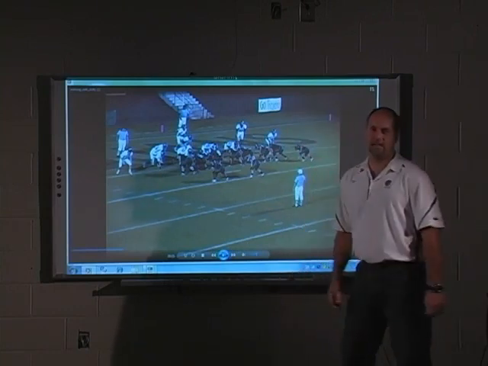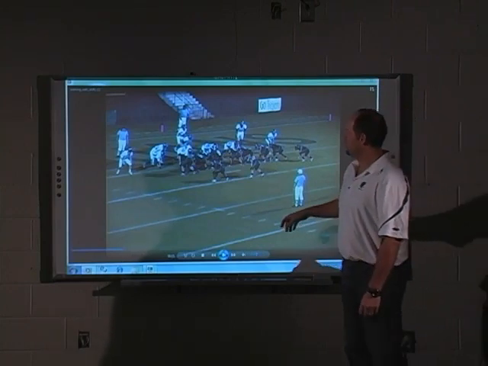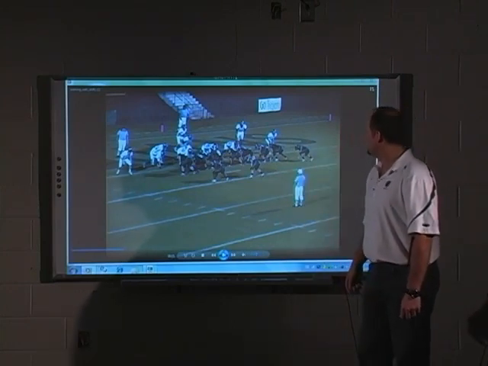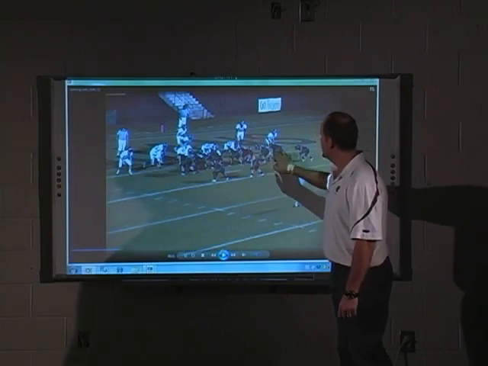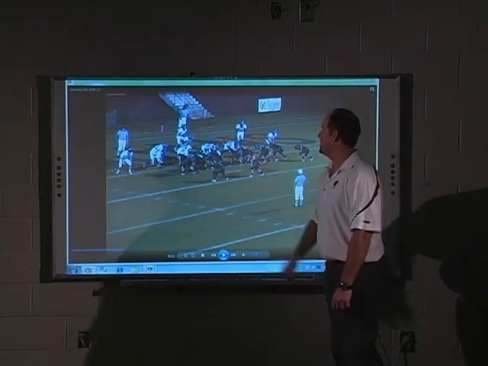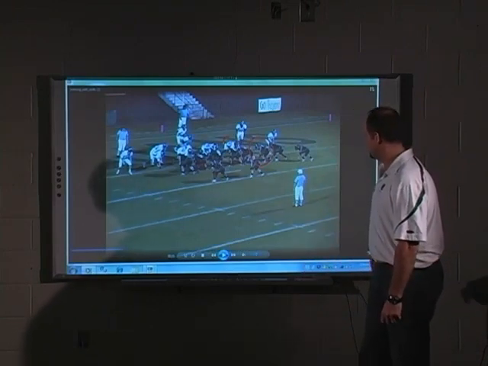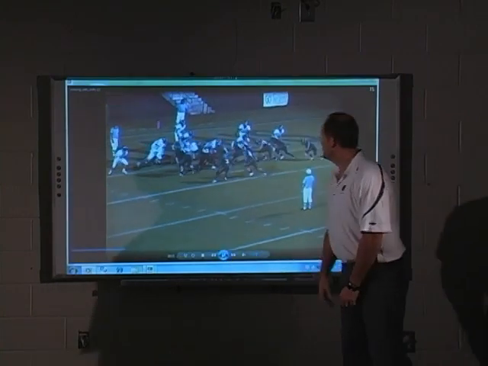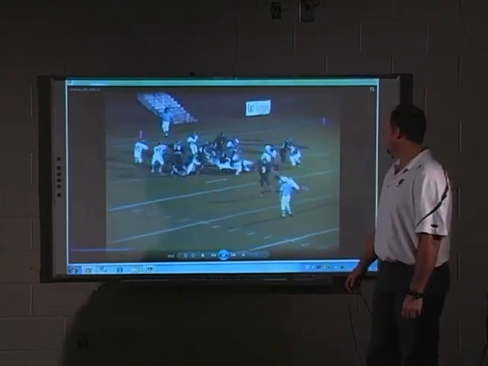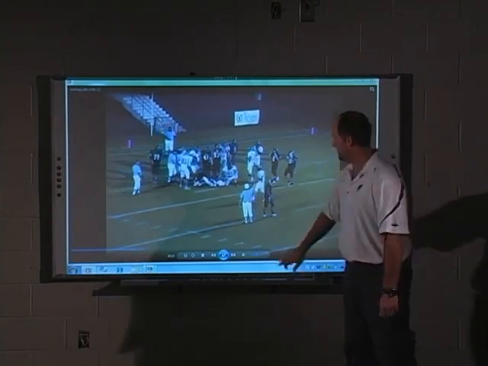Okay, you can just see that he created some havoc, destroyed the guy. So what we did is we got down on the goal line. We're over here, and you can see how close we are. We've got a two tight set right here, so now we've got another tight end lined up against this guy right here with the hopes that we're going to be able to get some movement on this guy. What I want to do is show you what he does here down on the goal line. And again, he's creating a whole lot of havoc, creating problems. We cannot run the buck sweep.